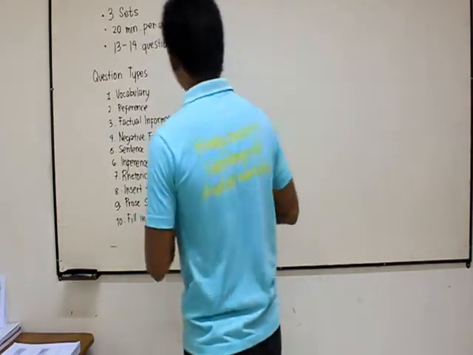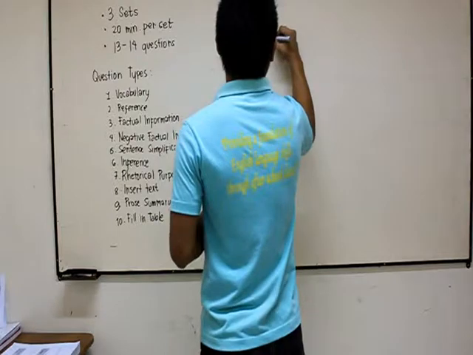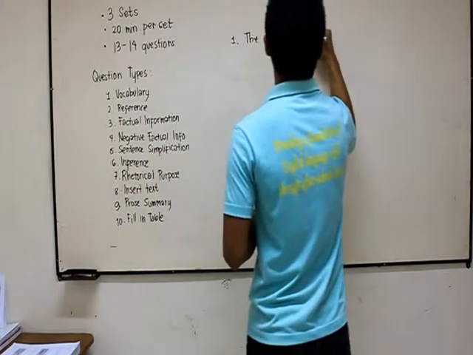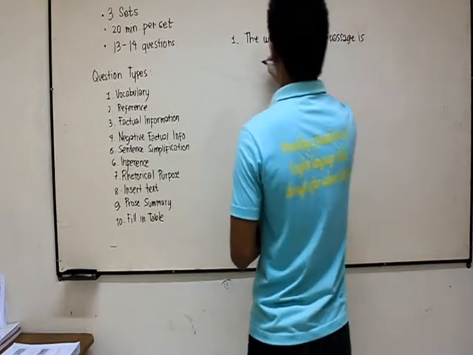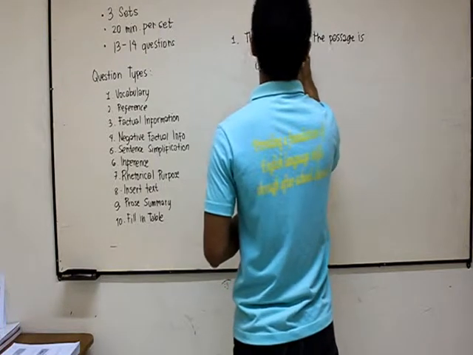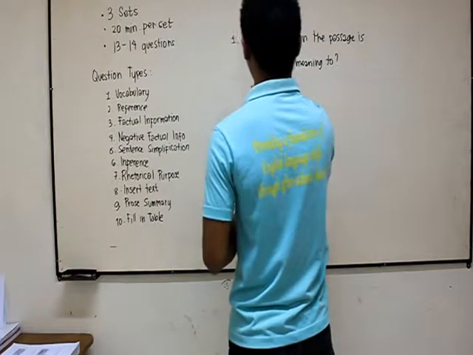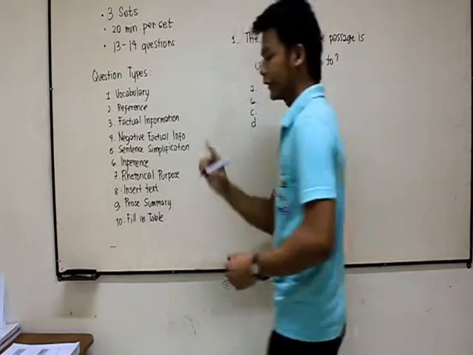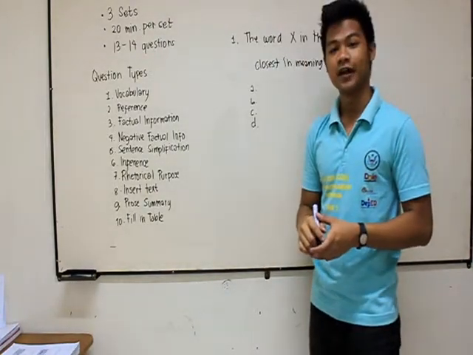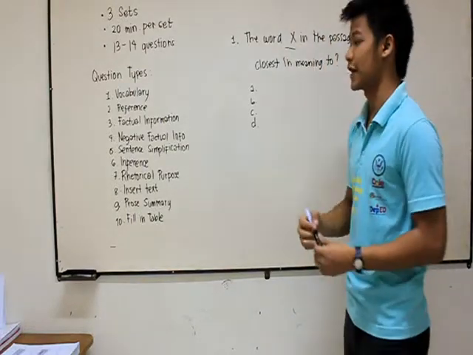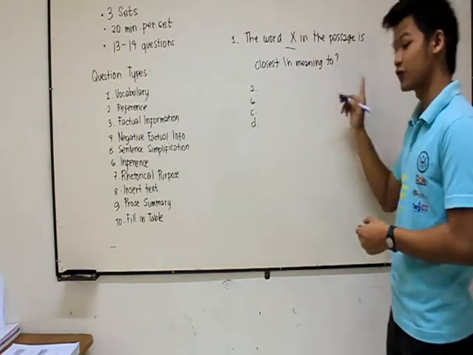For example, the question appears like this. Normally, vocabulary questions are highlighted. So X here represents the highlighted word. For example, the highlighted word X in the passage is closest in meaning to,